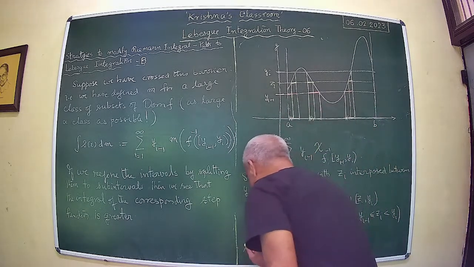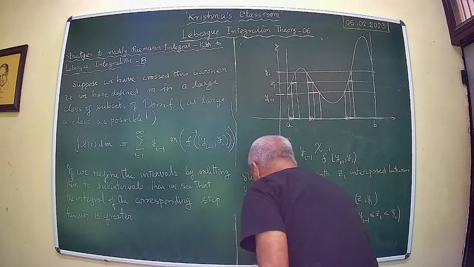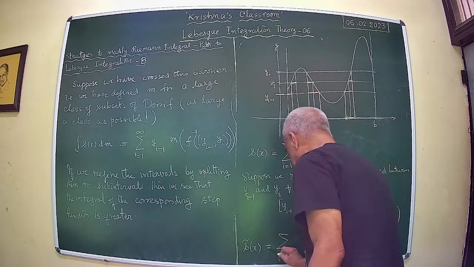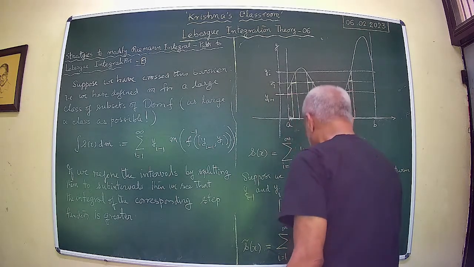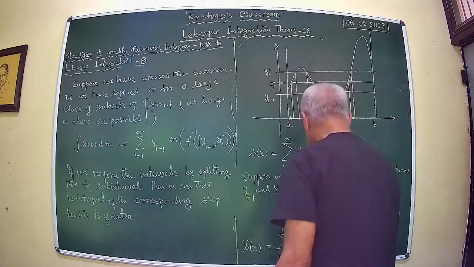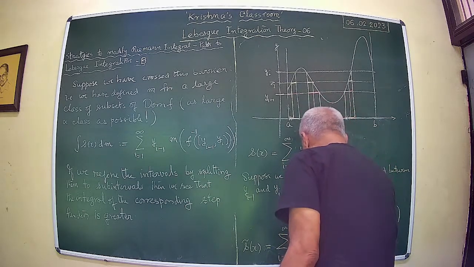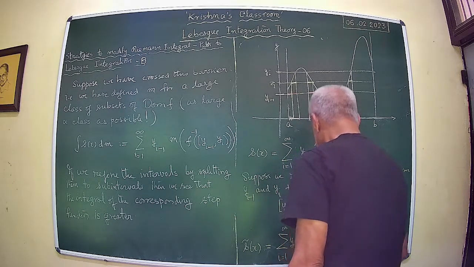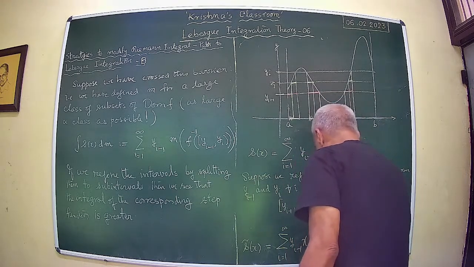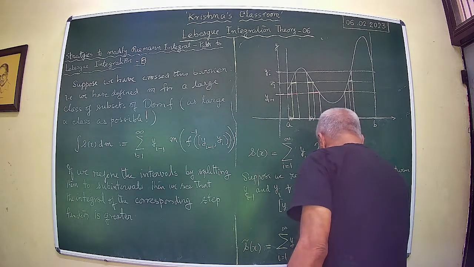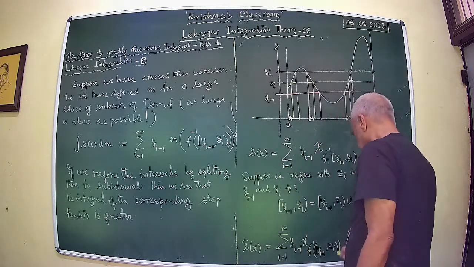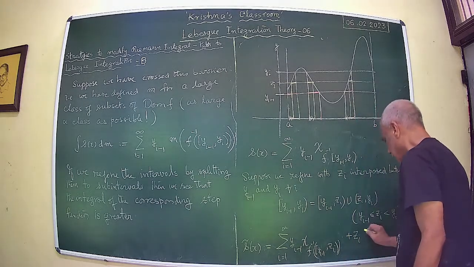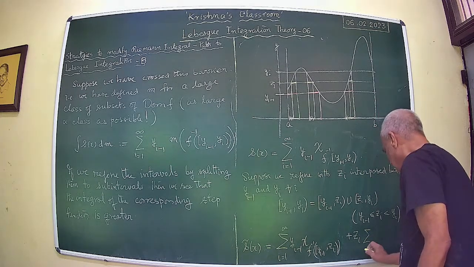So I take s tilde x, I define as sigma i equal to 1 to infinity yi minus 1, that is the lower value of it, chi of f inverse of yi minus 1 zi plus zi times sigma i equal to